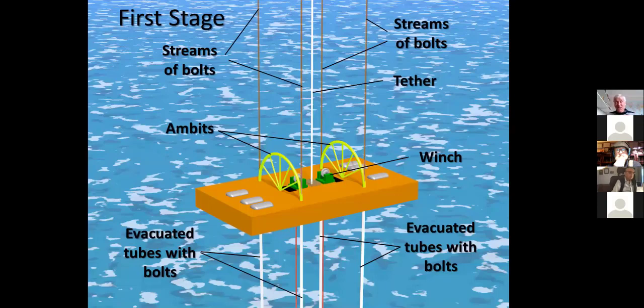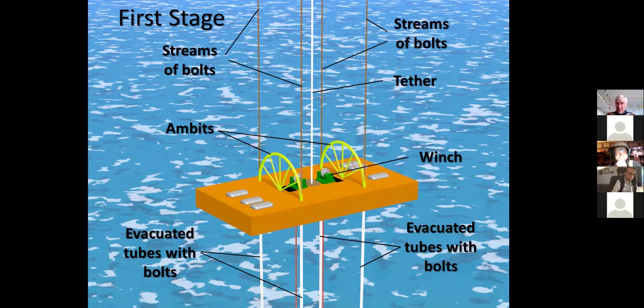So this is what the first stage looks like. Here's the first stage. You see the other end of those evacuated tubes. I mentioned cables, which are pulled up by winches. You see those yellow semicircular structures, those are ambits. And the bolts that arrive through the tubes enter the ambits, where magnetic levitation turns them around and sends them